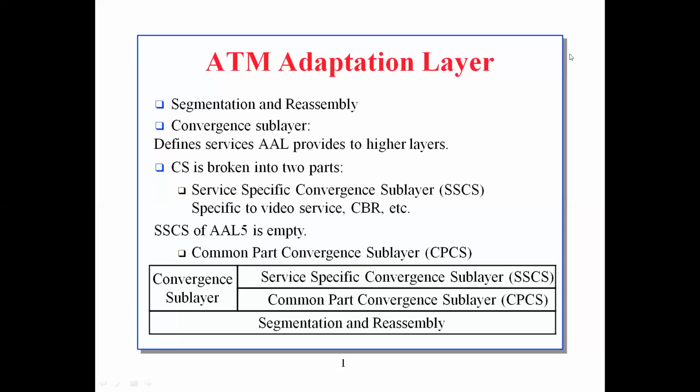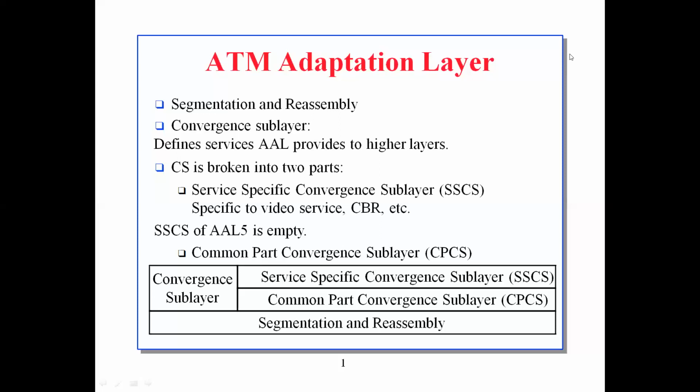The convergence sublayer is used to prepare data to ensure integrity and provide a standard interface to the applications. It also consists of two subparts: the service-specific convergence sublayer, which is an application-specific subpart, and the second one, the common part convergence sublayer, which is common to all the applications. The function of each of these parts is protocol dependent, but can include message framing and error detection. It is also responsible for accepting bit streams and breaking them up into 44 to 48 bytes for transmission.